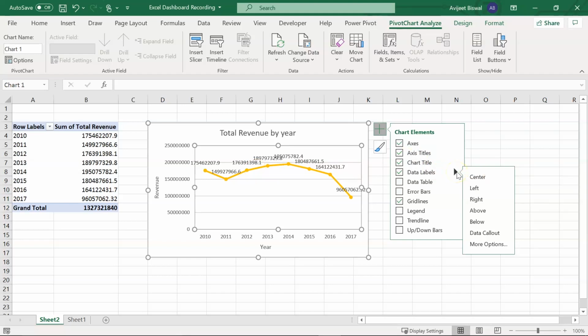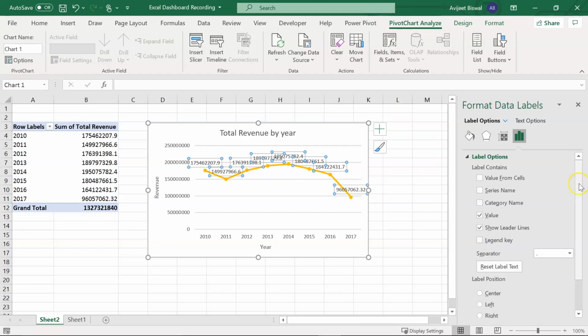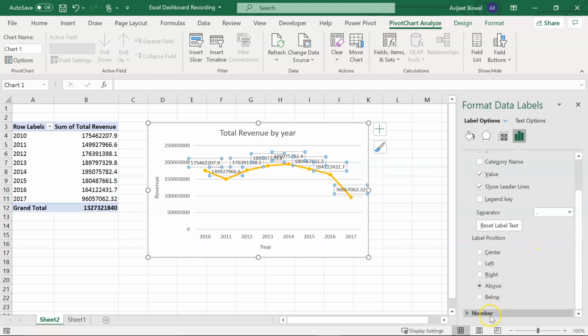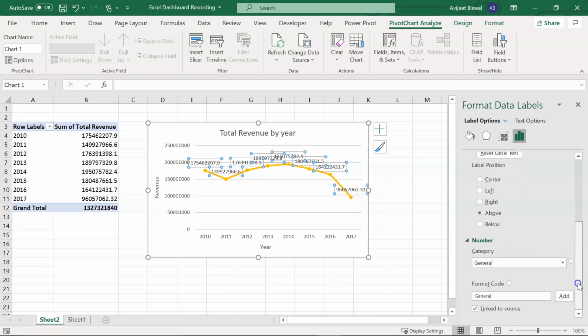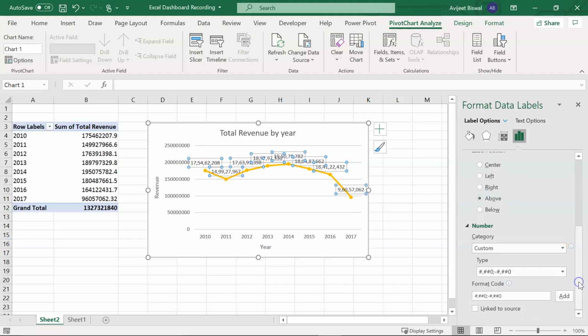If I click on this arrow, here I have more options. If I scroll down, you can see we have something called number here. I'll expand this, and under category I'll select custom. Now here we'll give a format code which is a bit different.